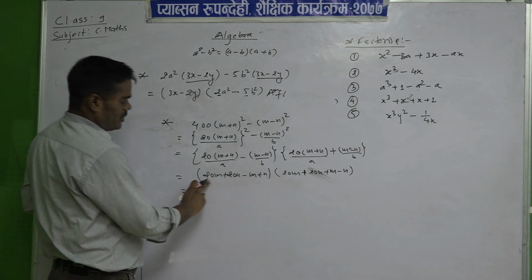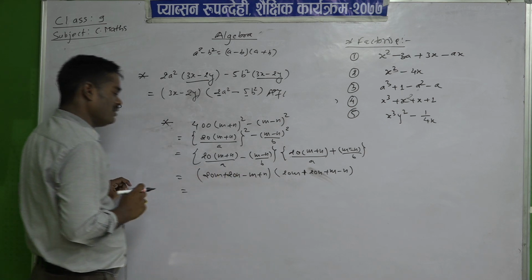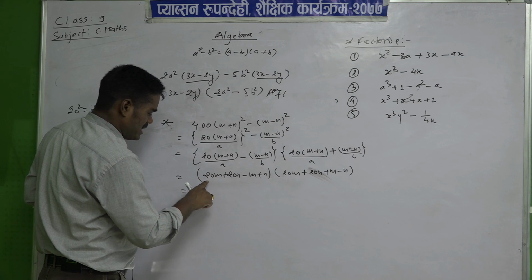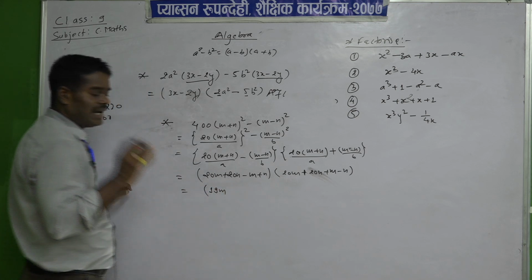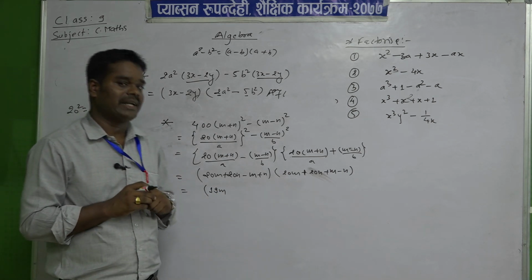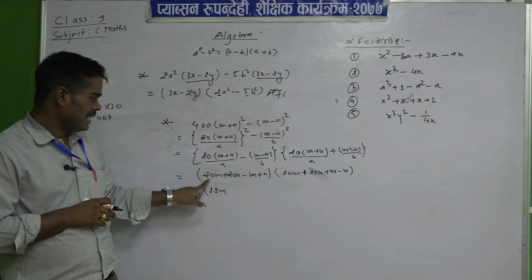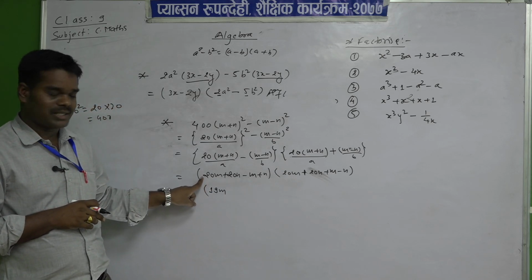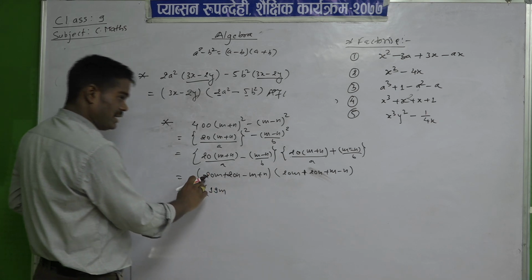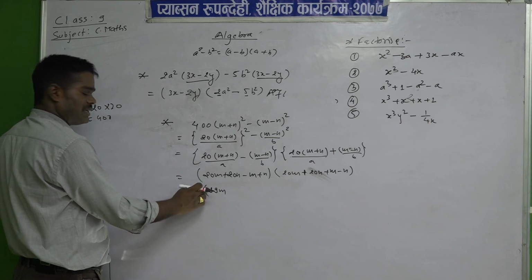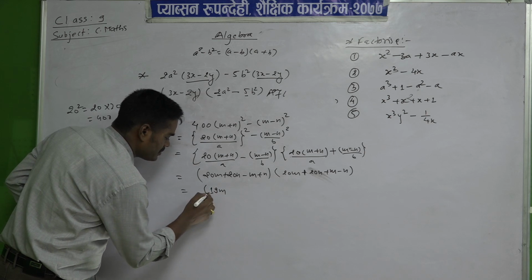So, here 20m has the plus sign, minus 1m has the minus sign. So, the difference of 20m and minus m is what? 19m, and always we have to take the sign of the greater number. Here 1 has the sign minus, here 20 has the sign plus. So, after the difference we have to take the sign of the greater number. So, 20 is the greater and its sign is what? Plus. So, we write plus sign here, but it is not necessary to write the plus sign at first.